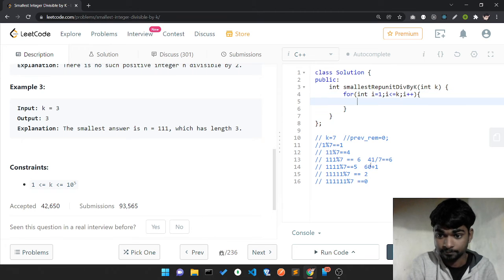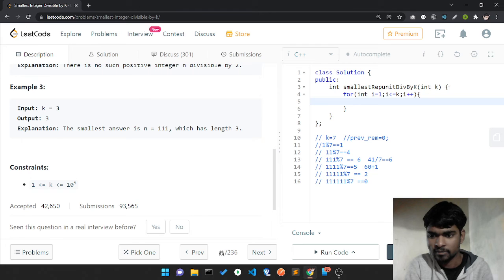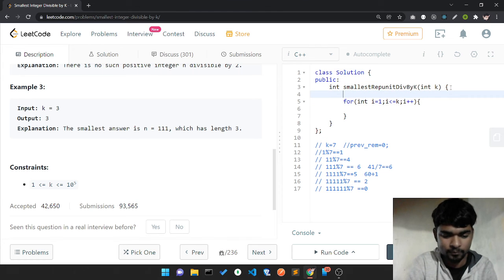So I'll do this. After that, what I'm going to store, I'll make a variable prev rem outside, prev remainder equal to 0.